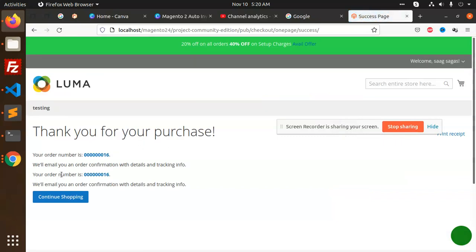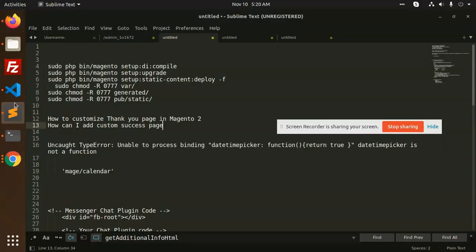See, we have the email. This comes with an order number, your order confirmation or tracking info is there, and continue shopping info. Let's check what we have written in that success page.